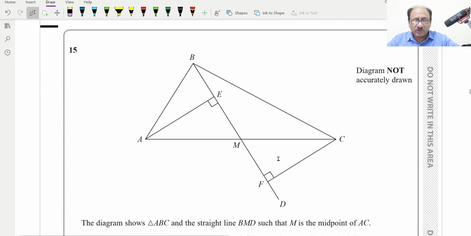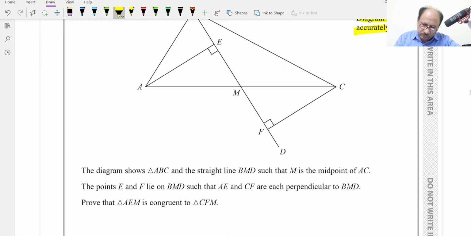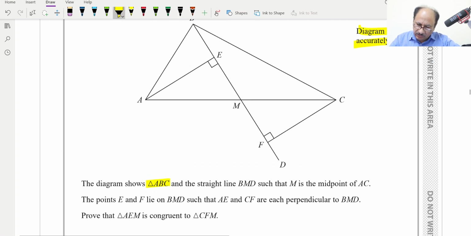Now this is question number 15, and keep in mind the diagram is not accurately drawn. If we go to the question, the diagram shows triangle ABC and the straight line BMD such that M is the midpoint of AC. The points E and F lie on BMD such that AE and CF are each perpendicular to BMD. Prove that triangle